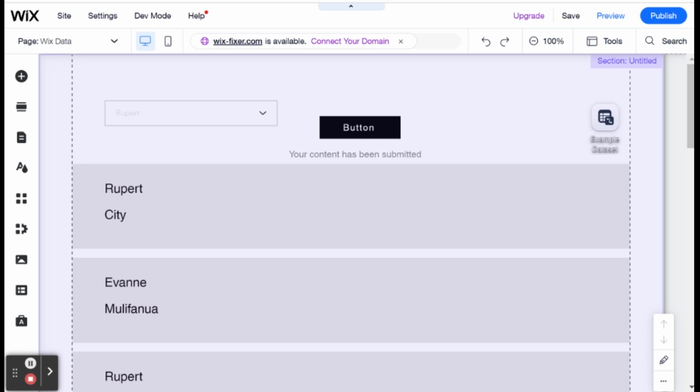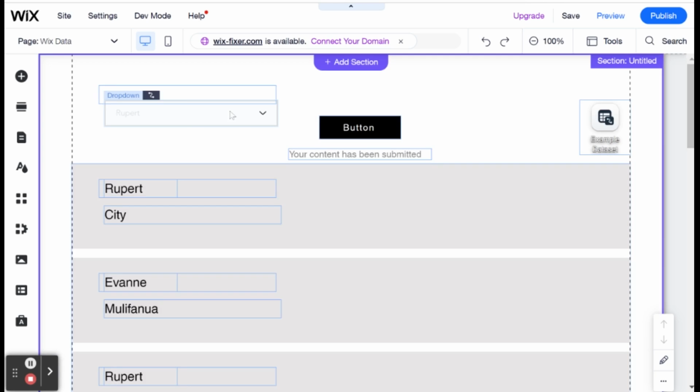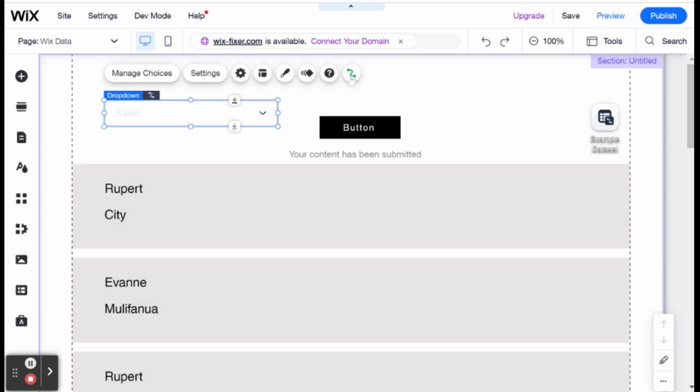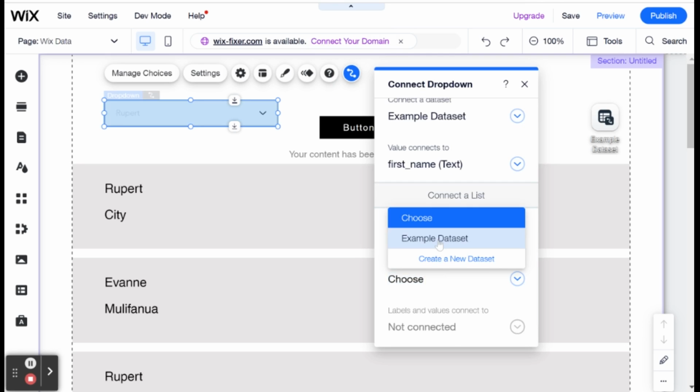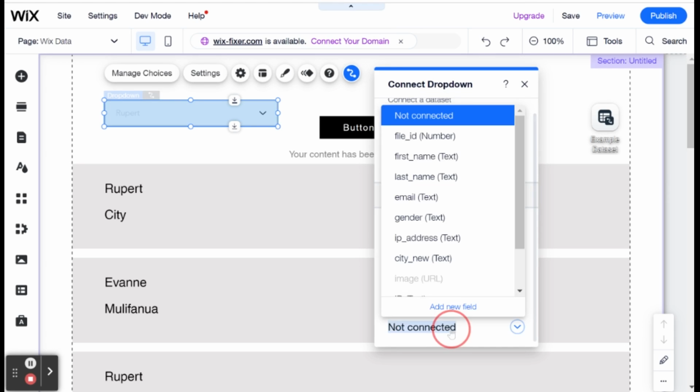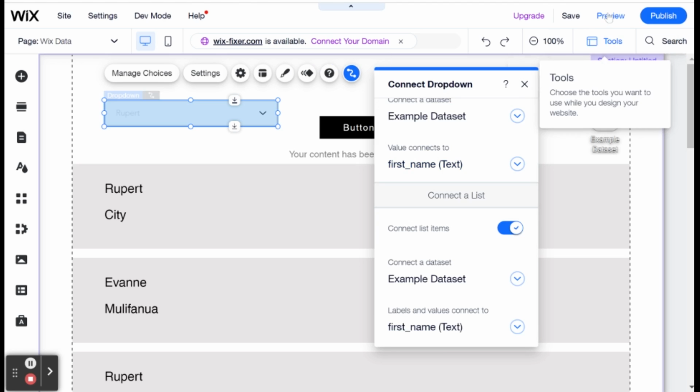We showed a repeater here, but lots of different elements in Wix can be connected to a data set. For example, even this drop down: instead of connecting it to provide data, you can connect the list items to the database. You can choose a data set, and the labels and values would be connected to first name. Then if I go into preview,